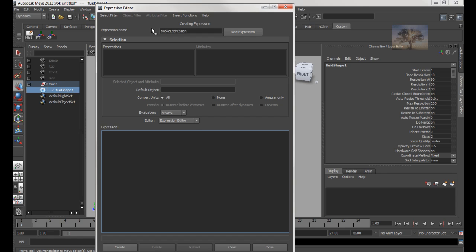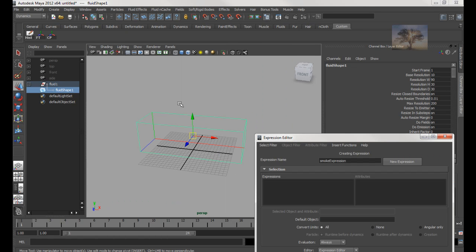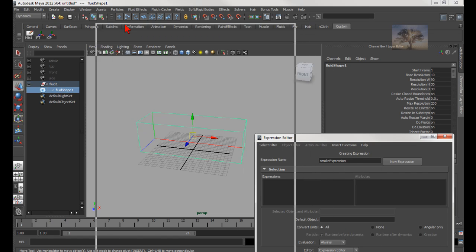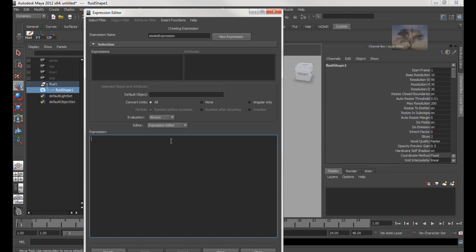First of all, you have to look at the name of your fluid. Okay, again, don't pick the transform node, make sure you pick the shape node. Since mine is called fluid shape 1. Okay, remember earlier down here I added an attribute